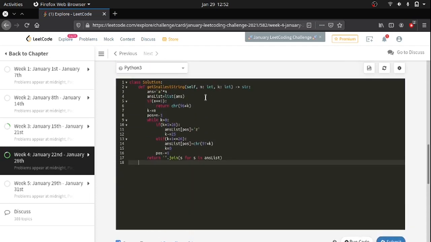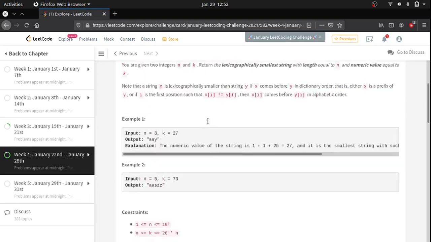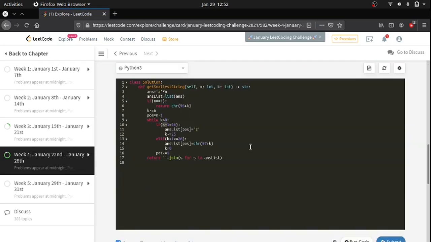So what I am going to do is check whether k plus 1 is greater than 26, because this is 1-indexed, so that's how it works. If k plus 1 is greater than 26, I am definitely going to append z, and I am only subtracting 25 because I already subtracted the value of a for every position.